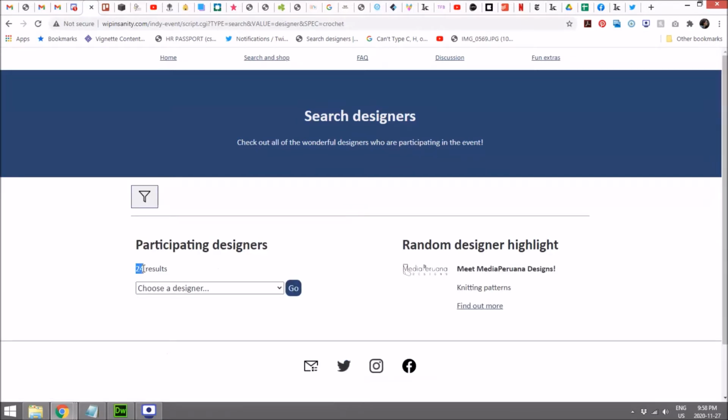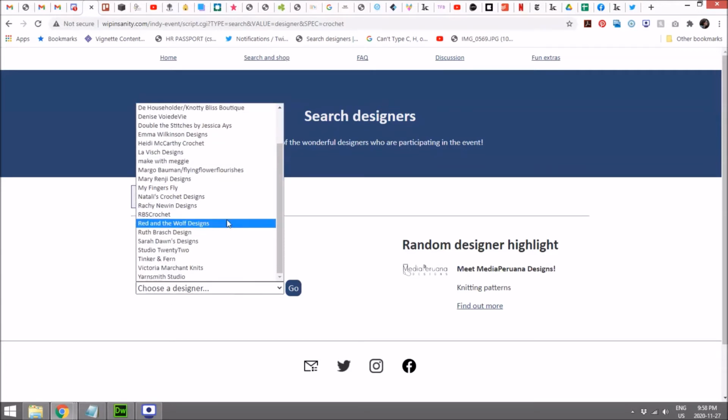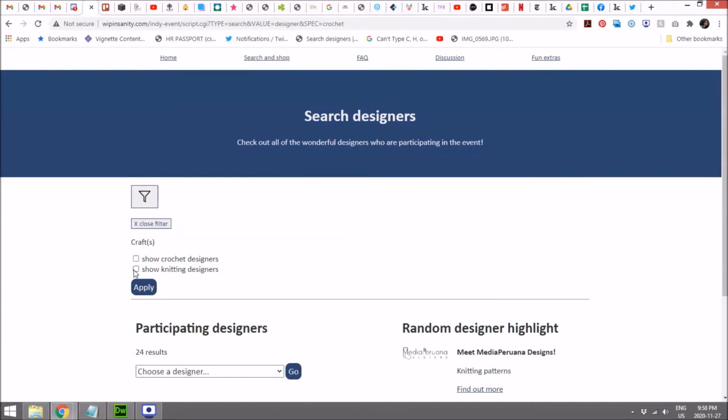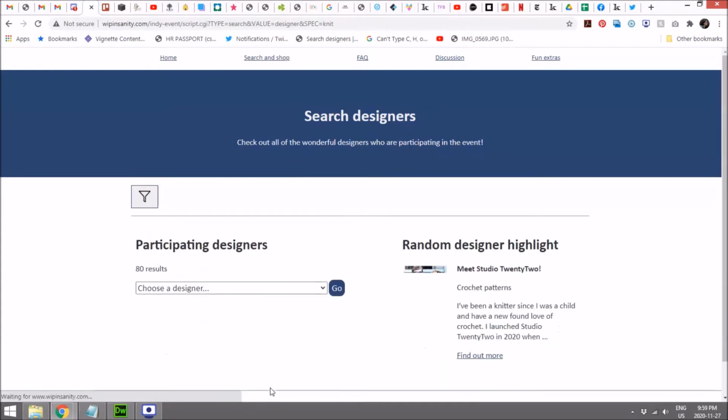And you'll notice that I have much fewer results here because these are all of our crochet designers. But let's say I change my mind and I want to show only knitting designers. Now again, I have a fewer number of designers in this list because I have eliminated the crochet designers.